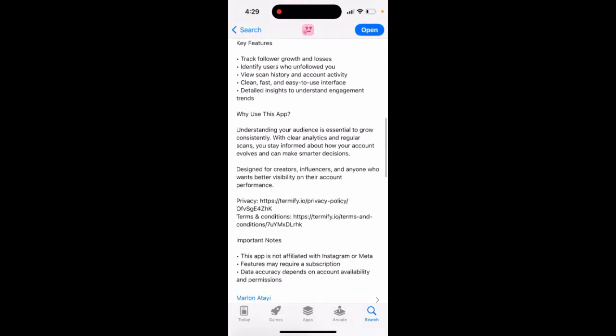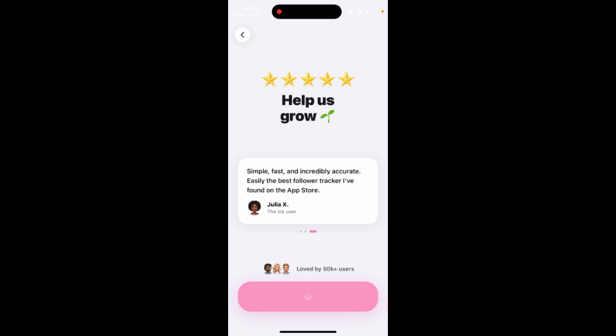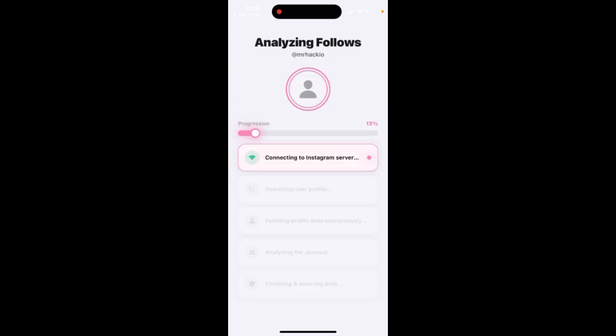And then you can just see the details. Basically, you can just track your friends in here. So I don't know how legit it is. So for example, if I wanna track just my Instagram account,